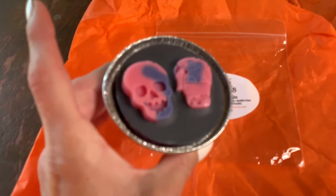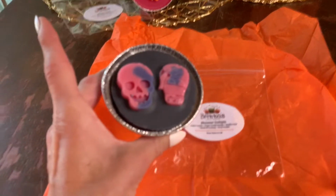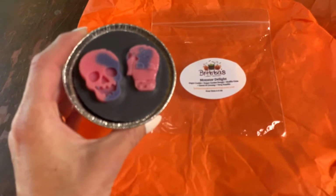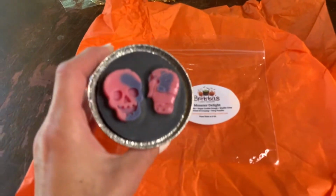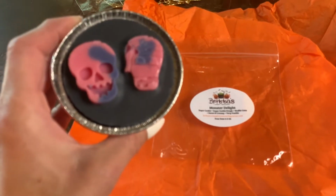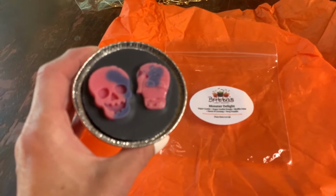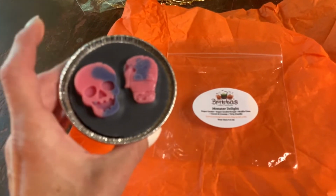Cute little inlets, just like with the other souffle cup. Really cute. Now, what do I get fragrance-wise on this one? To be honest with you guys, I do wish I picked up a little more waffle cone. At least on cold, what I'm getting is just a yummy, creamy vanilla scent. To me, the most I get out of this is a creamy vanilla with a little